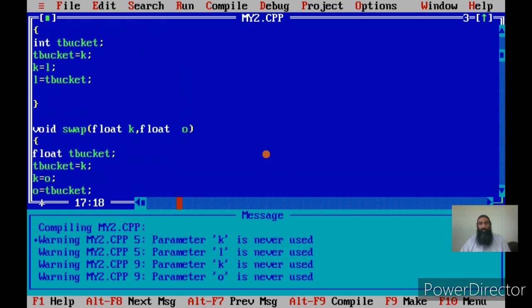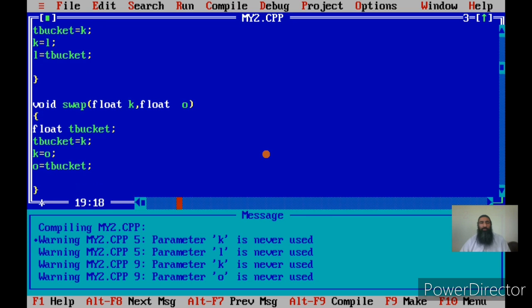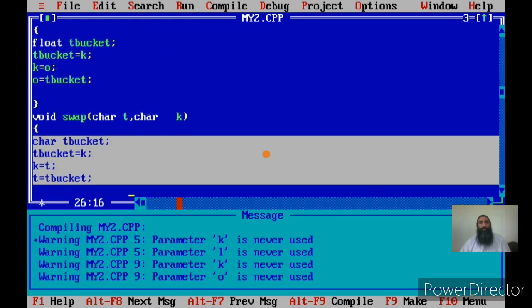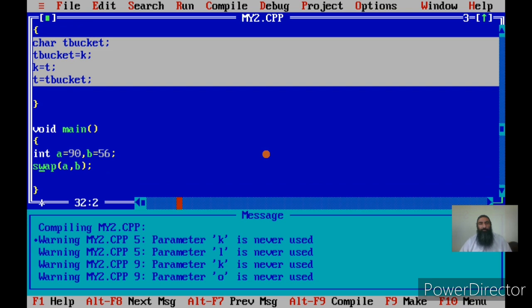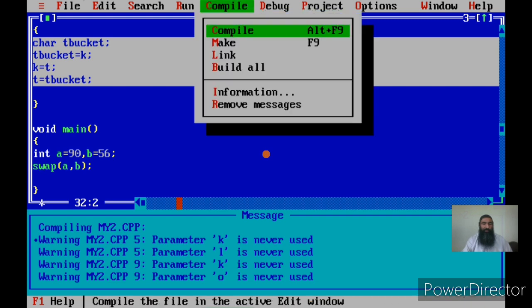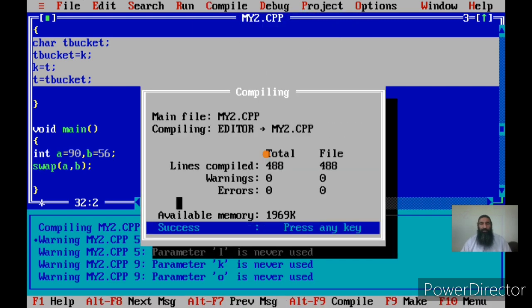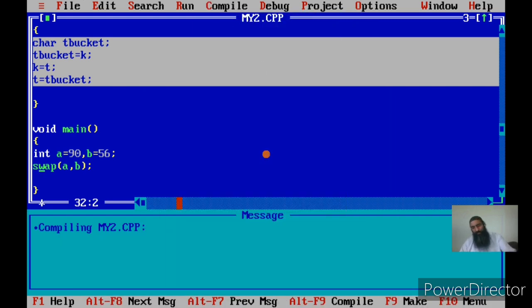Okay, return type is void because we are not returning any value. These functions don't calculate any value. Let us first call the first function, that is the swap function. We'll have to make slight changes in this function, so let me first compile it and see if there are errors. No errors. Okay, we are free now to call a function.